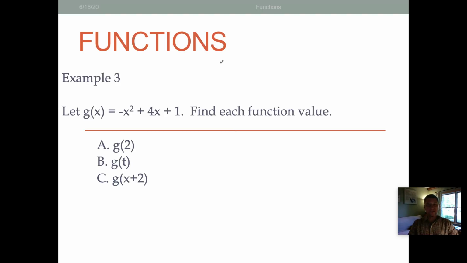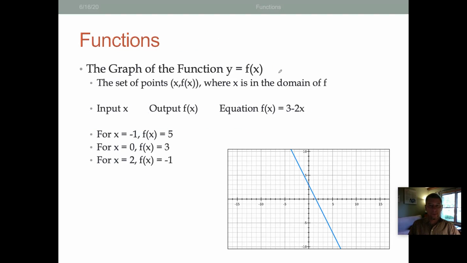You're asked to find each function value for the function g of x equals negative x squared plus 4x plus 1. So if the value here is 2, then g of 2 becomes equal to negative 2 squared plus